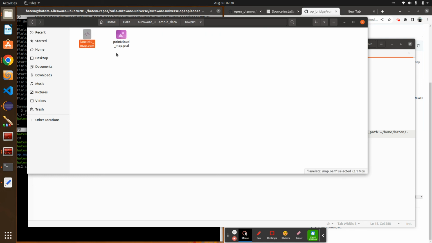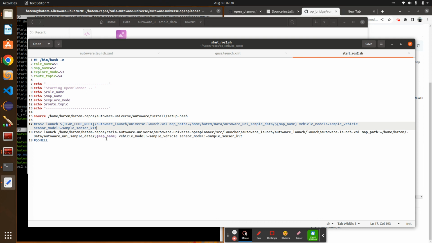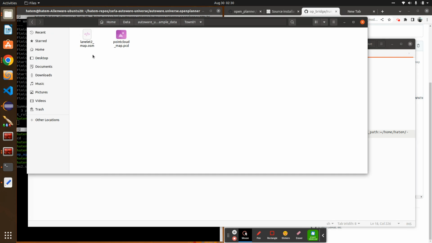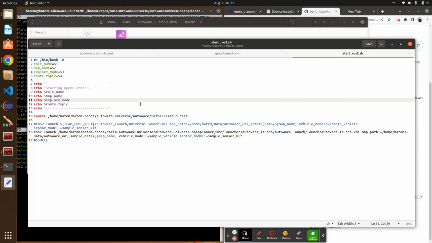So this is the Lanelet2 and this is the Point Cloud that it will point to. Okay, if you see here, it's in the folder I'm in now, and it will go to town 1, for example, and from town 1 it will select the vector map Lanelet and the point cloud here. Okay, so with that modified,